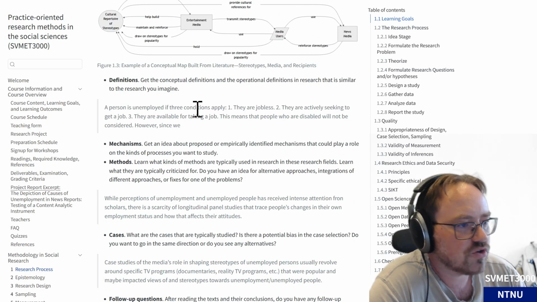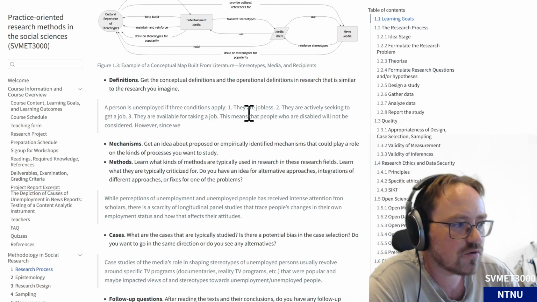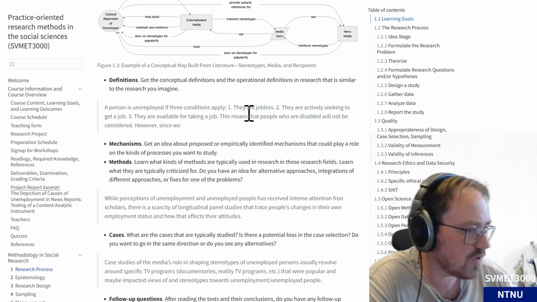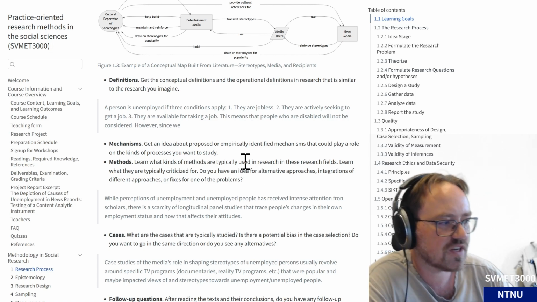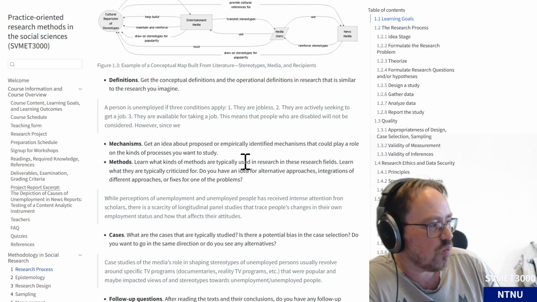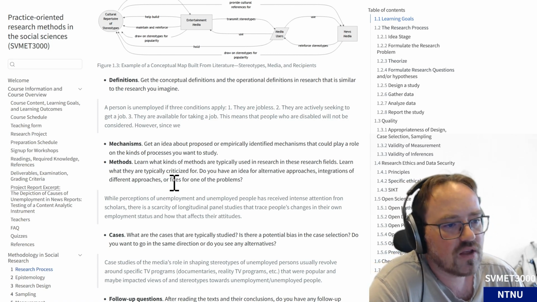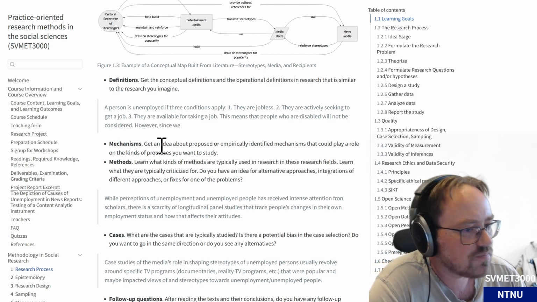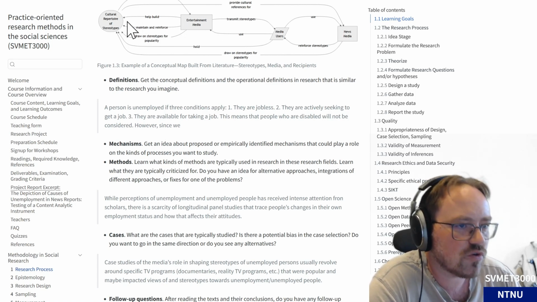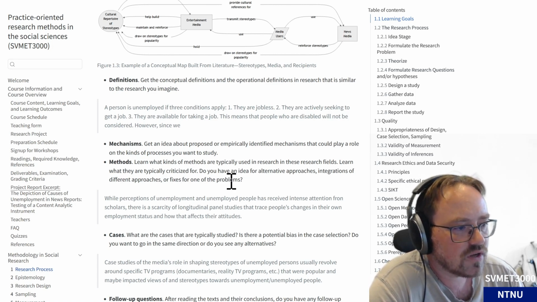You get conceptual definitions from the literature. People may agree or disagree. You may find them convincing or not convincing. So you can be critical, but it's important to be critical against something or to know what you agree with or what you build on. You will find ideas about mechanisms behind this. So why do the entertainment media draw on these stereotypes, as I said, but it's also including